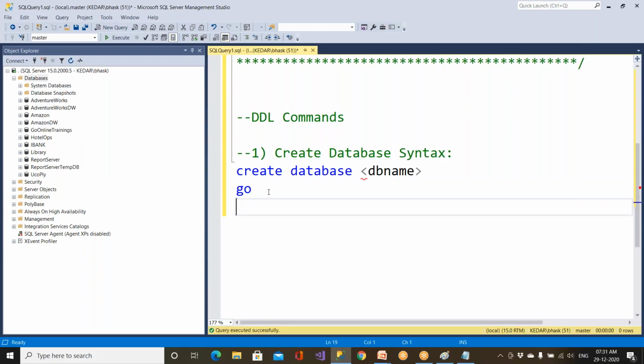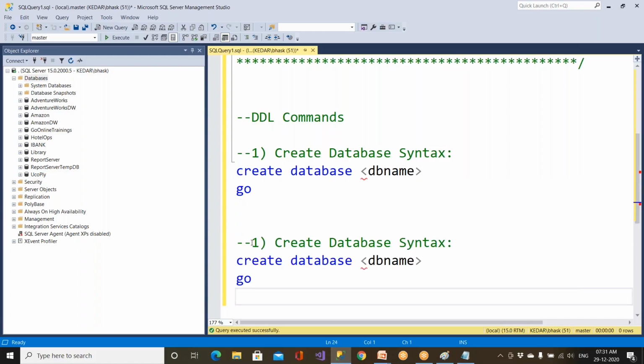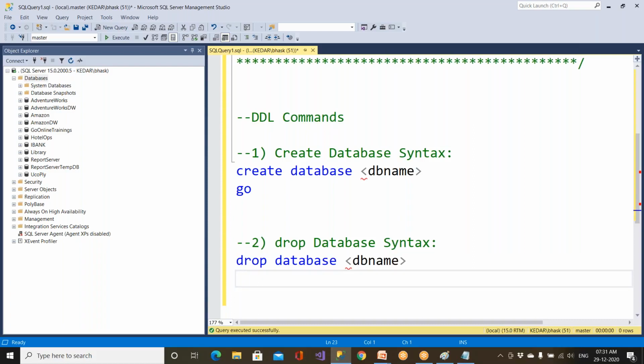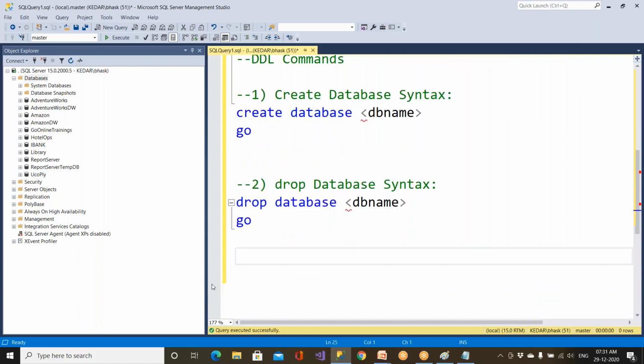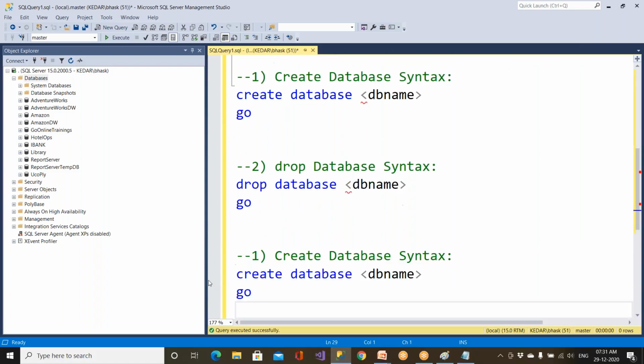If you wanted to drop a database, the second command I wanted to show you, you need to say drop database name, and go. Go is not compulsory, even though you don't write it, no worry. But let me keep the go there. If you wanted to modify a database, so that we can say modify a database.